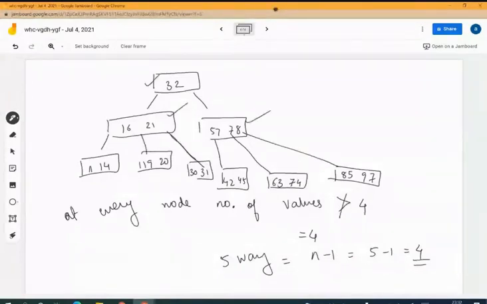Here also two elements are there. So you can see it is satisfying the condition of the m-way tree. So this was regarding your 5-way tree. But the thing here is that in a 5-way tree, the left child gets the same number of elements as the right, and we pulled the central element.